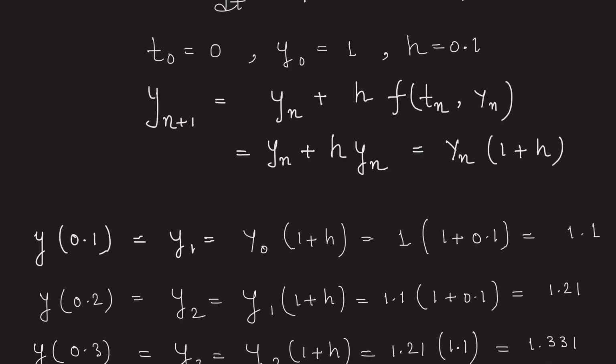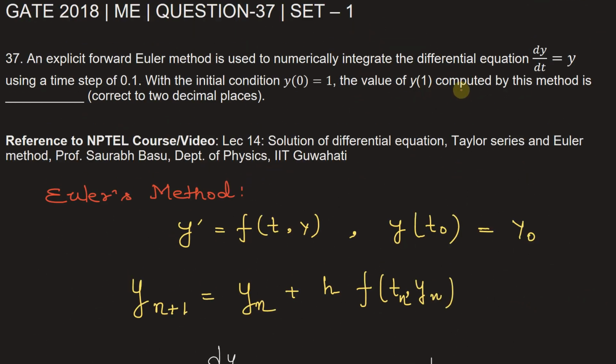Okay, let's go back to the problem. So the value of y1 computed in 10 steps will be equal to 2.59. To study more on explicit forward Euler method for numerical integration, you can refer to the NPTEL course lecture